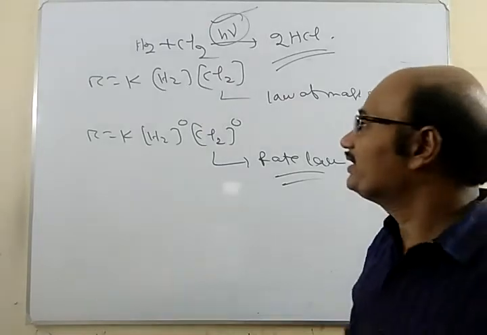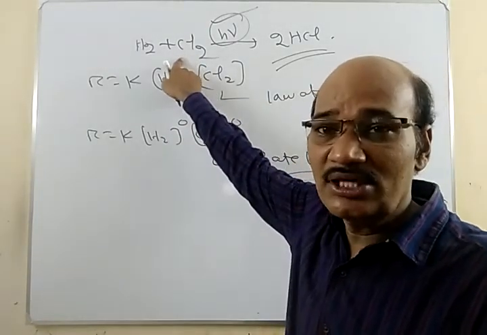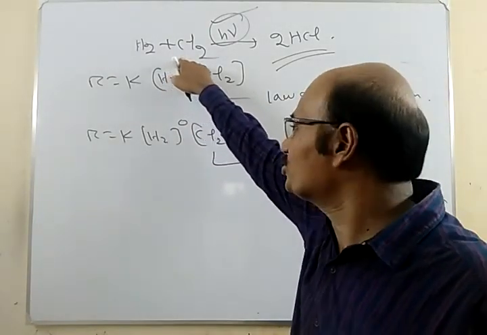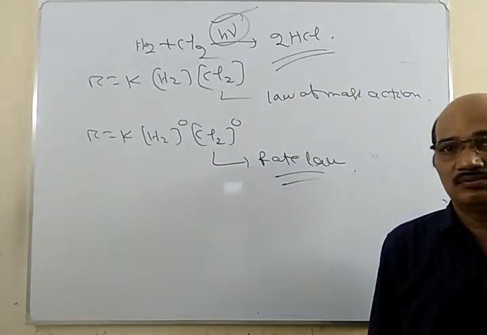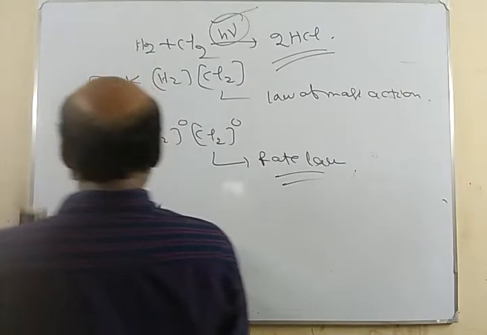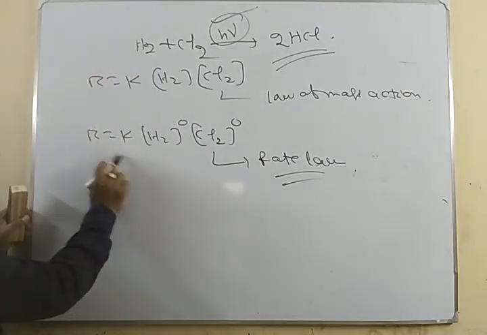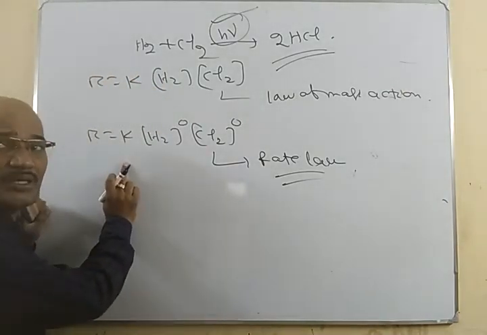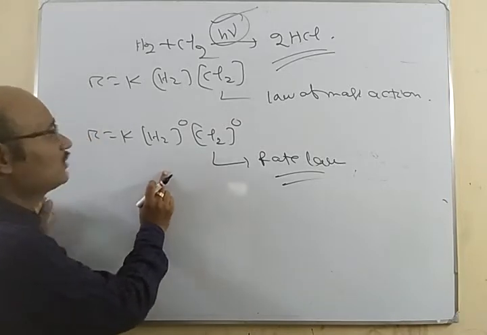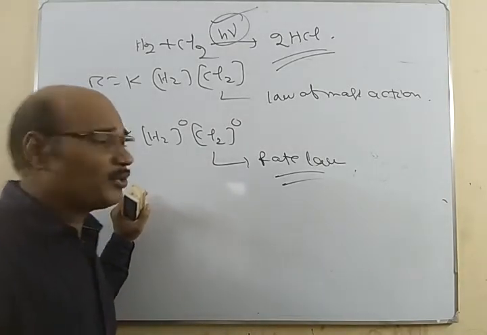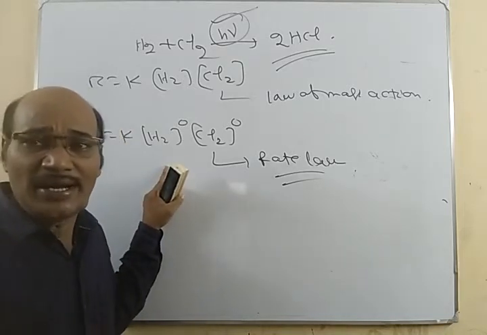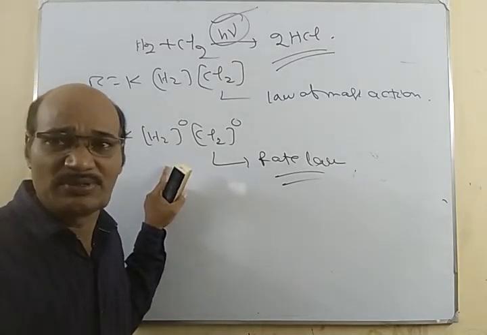Now here the rate of this chemical reaction is not depending upon the concentration of H2 and Cl2. That means when we are changing the concentration of H2 and Cl2, the rate is not changing. Experimentally it is found